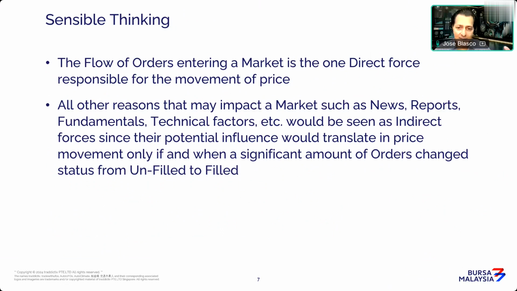And anything else that led for the orders to be there in the first place, which could be earnings reports from a stock, a change of dividends of a stock, the unemployment number, a new GDP figure, a tsunami in Japan, the beginning of a war. All of those things, or technical factors, like an oscillator hitting oversold or overbought, or a breakout of a support or a breakout of a resistance. Again, you name it. All of those things are real and definitely very powerful. In my definition today, I'm calling it indirect force, since all of that, without the orders getting filled, leads to no price movement.